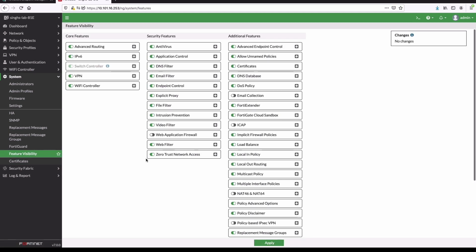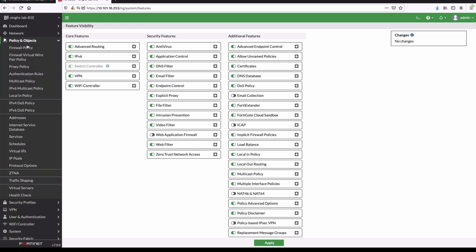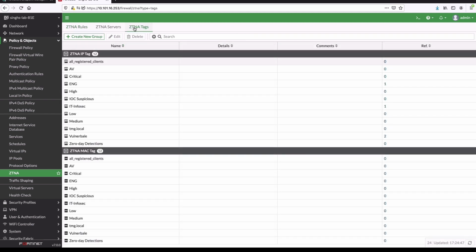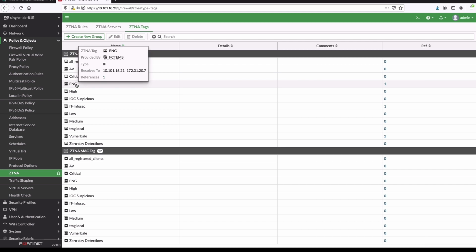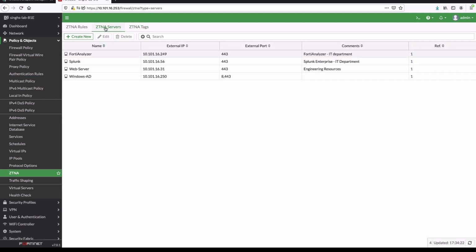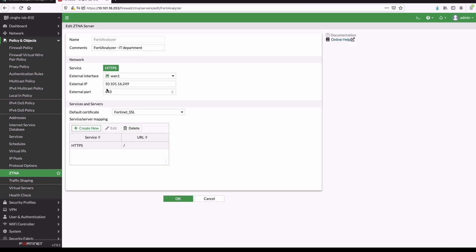First, we need to enable the ZTNA and explicit proxy feature on the FortiGate by navigating to Feature Visibility under the System tab. Once we enable these features, ZTNA and authentication rule options will be available in the GUI under the Policy and Objects tab. ZTNA tags are the Zero Trust tags automatically synced from EMS to FortiGate in real time to control device and user access. The first thing we define under the ZTNA tab are the ZTNA servers, also called access proxy VIPs, to which the client connects over the HTTPS connection.